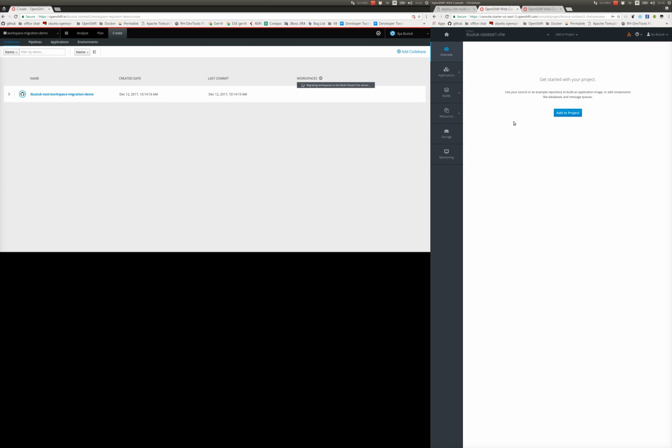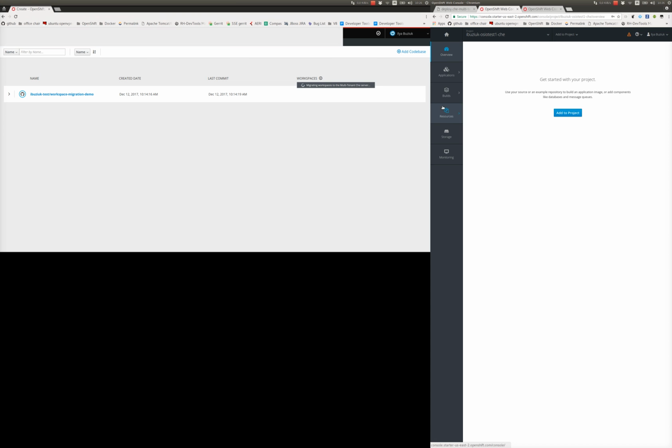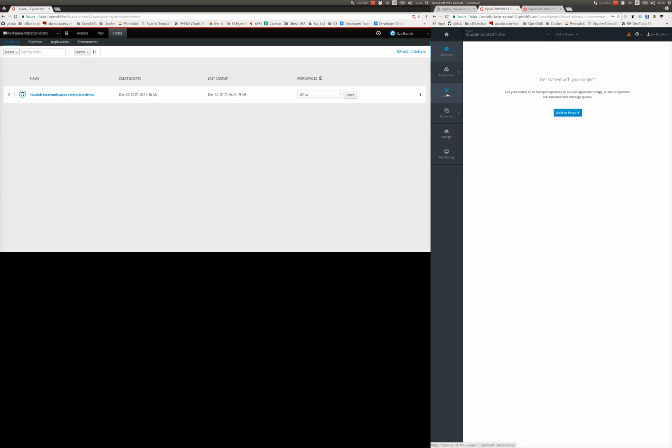So you see that we do not have anything here right now. So we successfully migrated the workspaces. We have scaled down the chess server, and in the application pods we can see that the migration pod is completed. So migration happened successfully. Now you can see that from the user perspective, he still sees his workspace, but